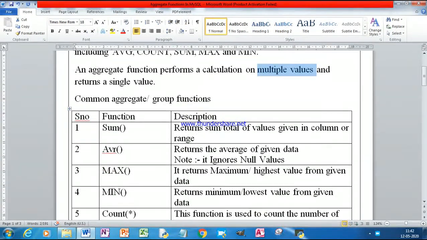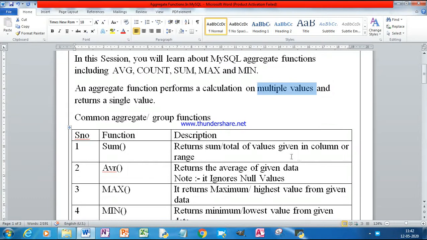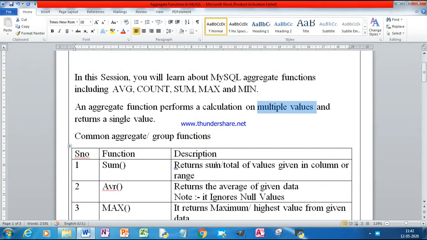Now, common aggregate functions, there is a list. The first one is the sum function, and the description is it returns the sum or say total of given values in a column or range.